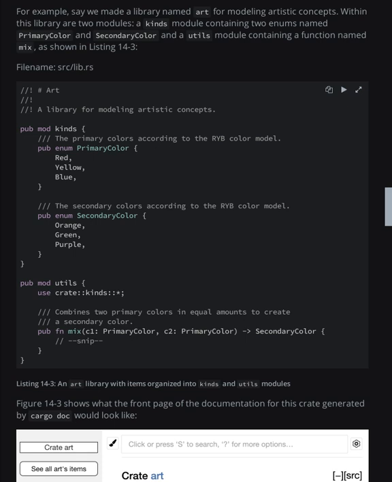//! art, a library for modeling artistic concepts. pub mod kinds { /// The primary colors according to the RYB color model. pub enum PrimaryColor { Red, Yellow, Blue } /// The secondary colors according to the RYB color model. pub enum SecondaryColor { Orange, Green, Purple } } pub mod utils { use crate::kinds::*; /// Combines two primary colors in equal amounts to create a secondary color. pub fn mix(c1: PrimaryColor, c2: PrimaryColor) -> SecondaryColor { } }